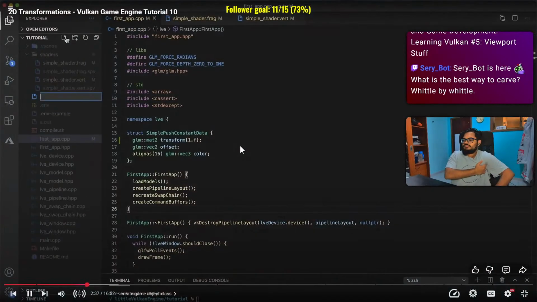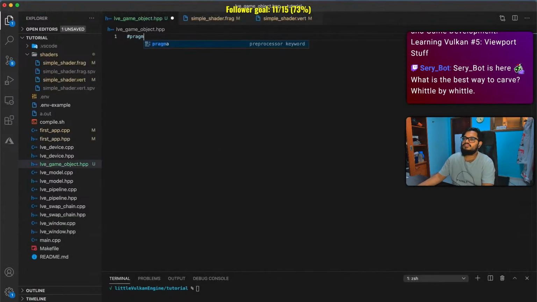I'm going to create a game object header file. I'll call mine lve game object.hpp and add a header